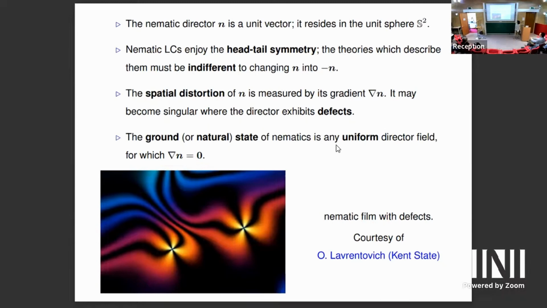And the ground state or natural state is the director configuration into which the liquid crystal relaxes when neither external actions nor anchoring conditions affect their orientation. For nematics, the ground state is obtained when the director is uniform in space, and so it is constant, no distortion has to be seen at all, and its gradient